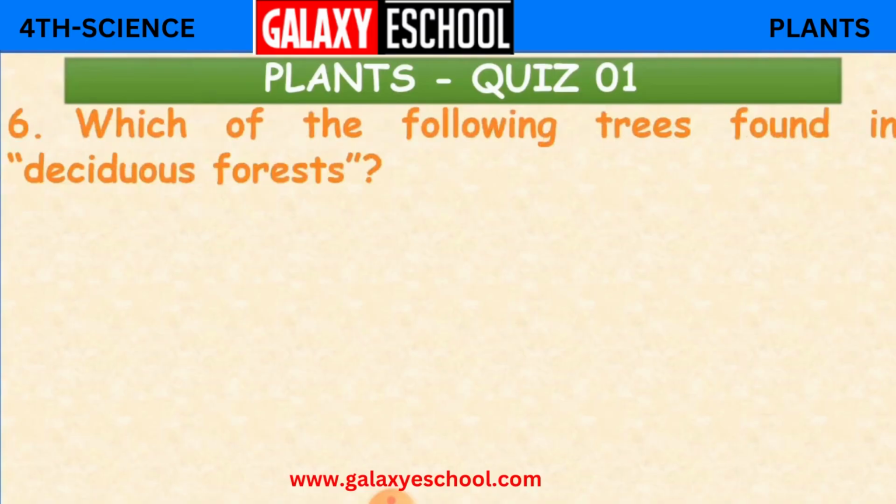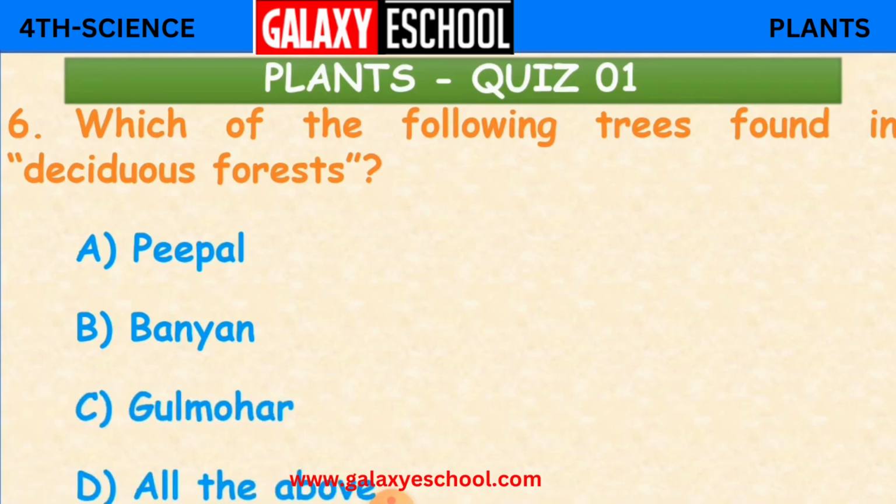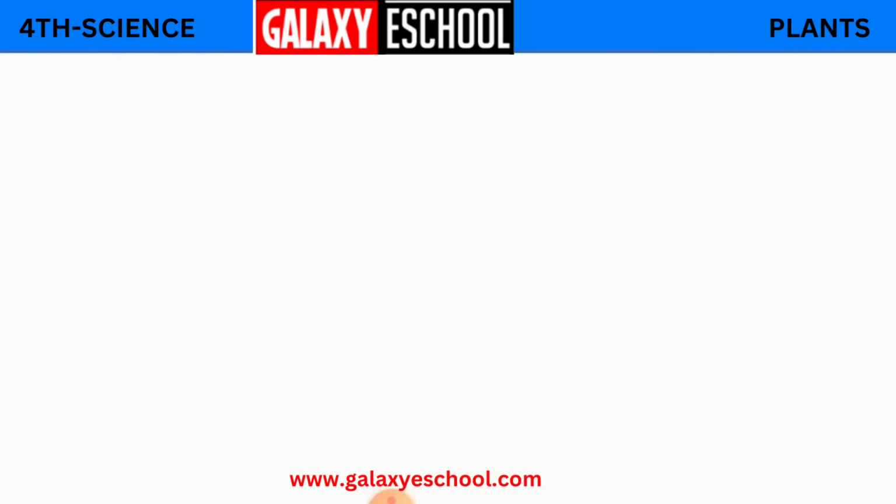Which of the following trees are found in deciduous forests? You have to name the tree which is found in a deciduous forest. Options: peepal, banyan, gulmohar, or all the above. And the answer is all the above. We find peepal, banyan and gulmohar. Okay, children? The next question is,